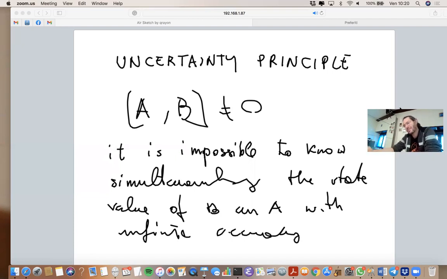So the position-momentum relation was a special case of the uncertainty principle. Anytime I have two commuting operators, I can measure them in any order I want, and if my initial state is an eigenstate of the two commuting operators, I will always find consistently the same results anytime I make an experiment. But if the two operators are non-commuting, anytime I do this, I get a different result. Now, I'll come back to this point next lecture when I summarize all the rules of quantum mechanics. But it was important for today to